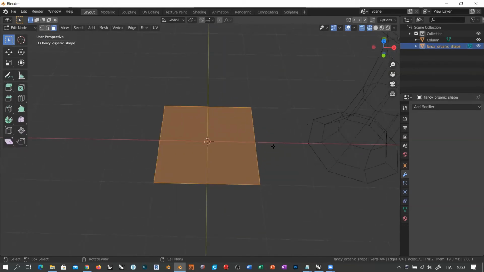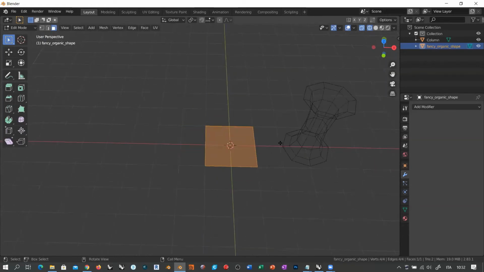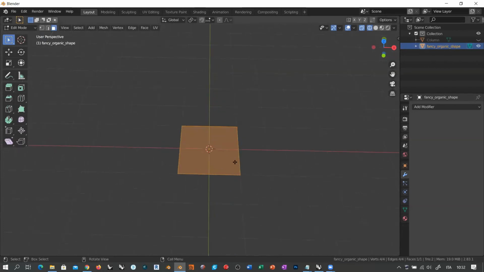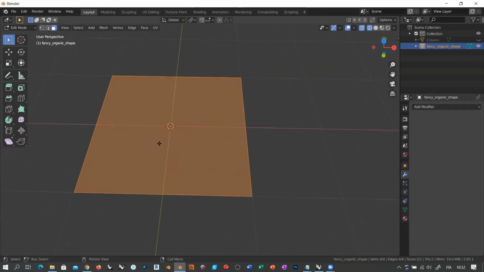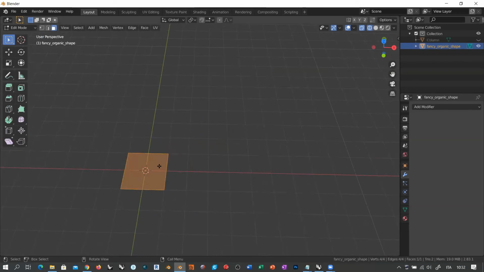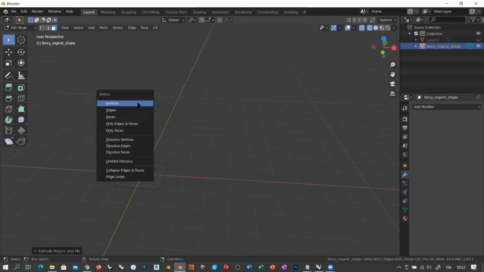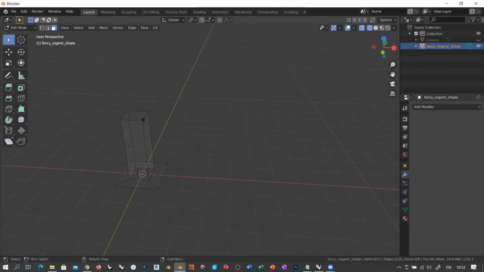And what I want to do is something like the thing that I did here, but a little bit different. Oh, by the way, let's also hide this column so we don't have it around when creating this model. Okay, so I just have one polygon. I need to create some kind of a structure like the column that we have created a while ago. So like we did before, I'm going to I inset this, E extrude it, and X get rid of the faces, so the upper face,